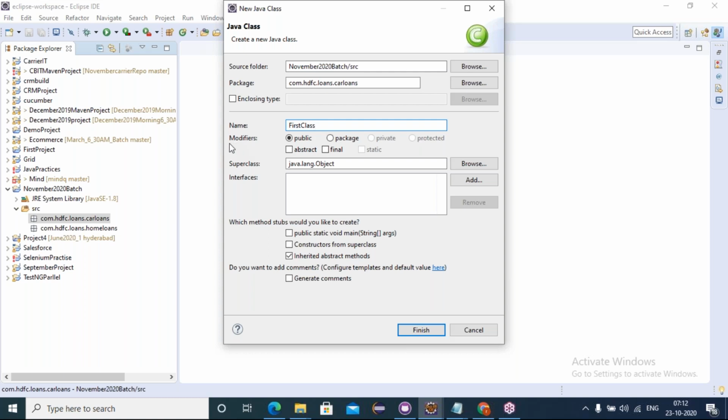Next, the access modifier. For every class, the default modifier will be the public access modifier. What is an access modifier? How many types there are, we'll discuss in the coming sessions. For the time being, by default, when we create a class, the default access modifier will be public. This is a user-defined class. Even for predefined classes, the default modifier is public only.